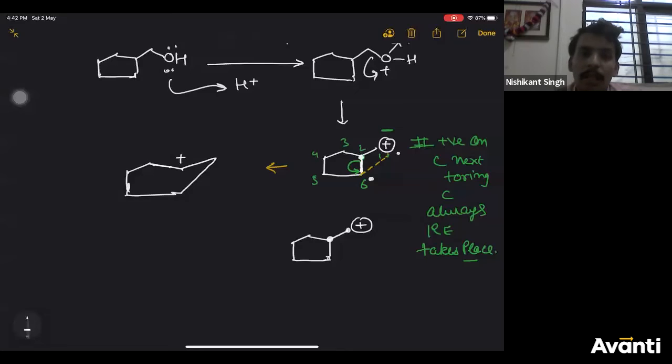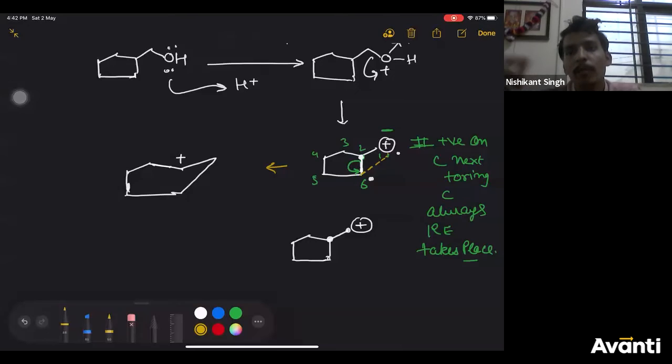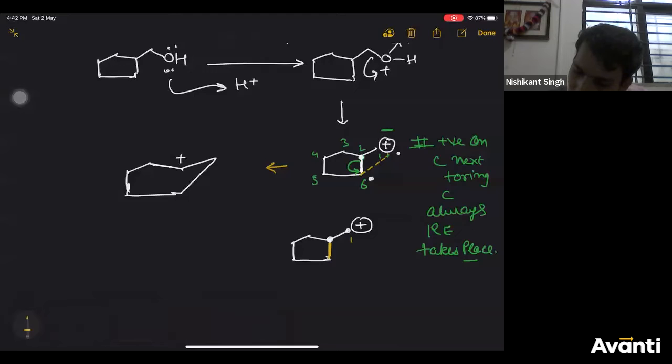Dhanush, wait. Now what will happen is, yes, Athar, please see this carefully. This whole thing does not happen in one or two steps. It happens simultaneously. Bond breaking and forming happens simultaneously. So what will happen? The next bond, that is this bond, 1, 2, 3, 4, 5, 6. The bond between 2 and 6 will break like this, so that 6 gets a negative charge. Negatively charged 6 will form a bond with positively charged first carbon, and second carbon will get what charge?